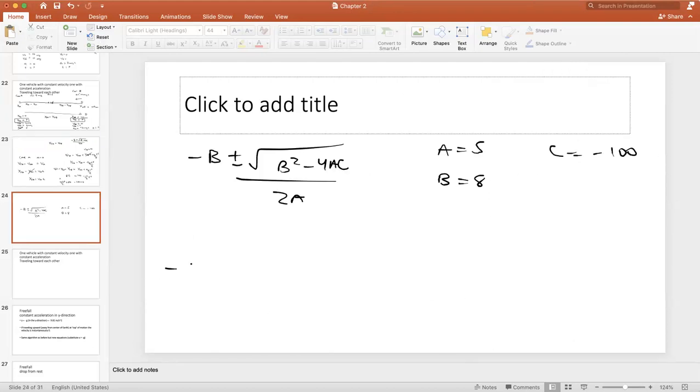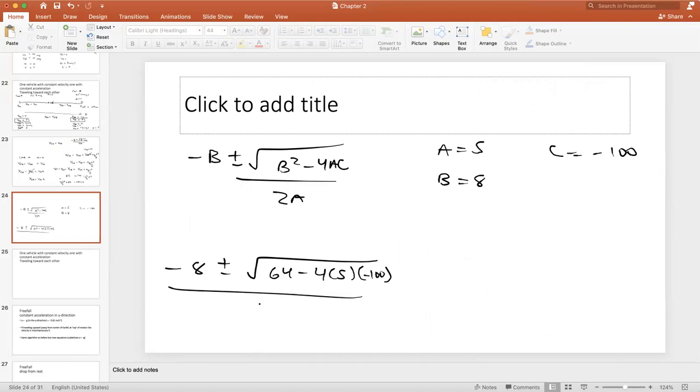Now, this is minus 8 plus or minus the square root of 8 squared, which is 64, minus 4 times 5 times minus 100, over 2 times 5, which is 10. Whenever you do quadratics in our class, we will never have a negative number under the square root. And luckily, the negative signs cancel, so this is actually 2,000 plus 64. What we get is negative 8 plus or minus